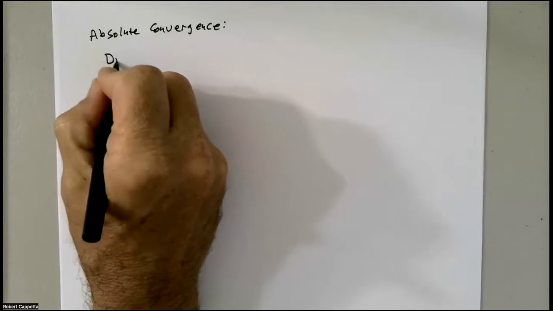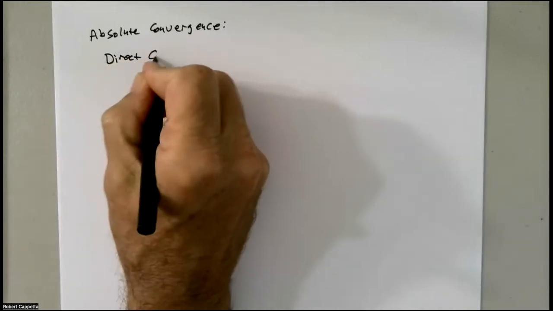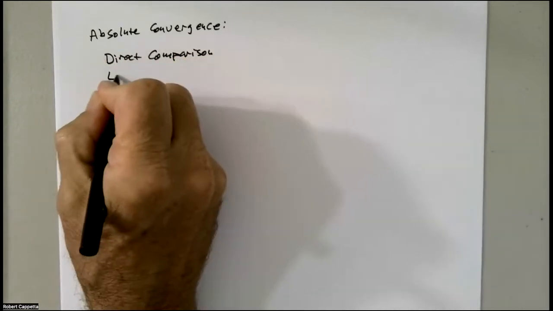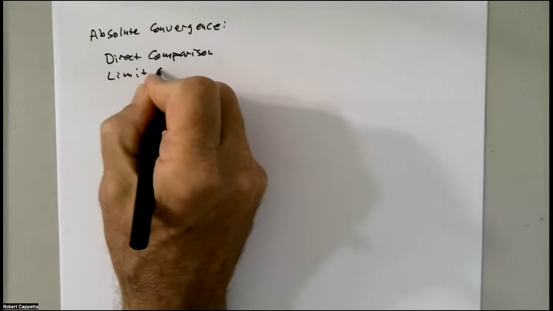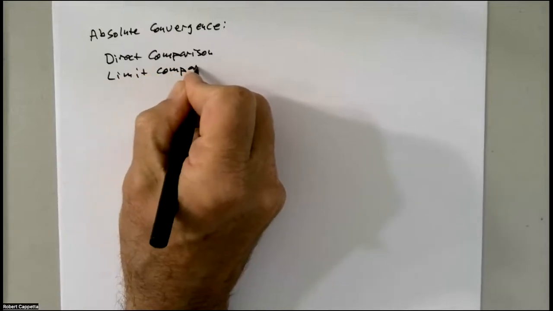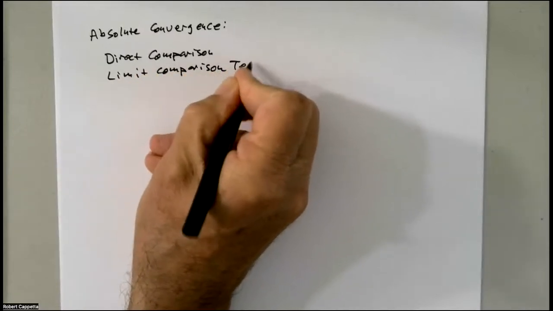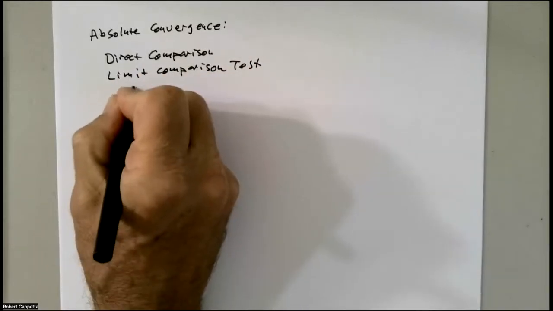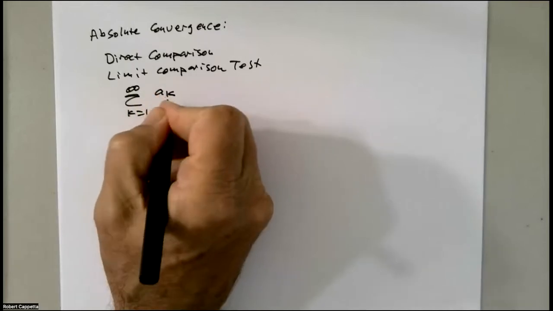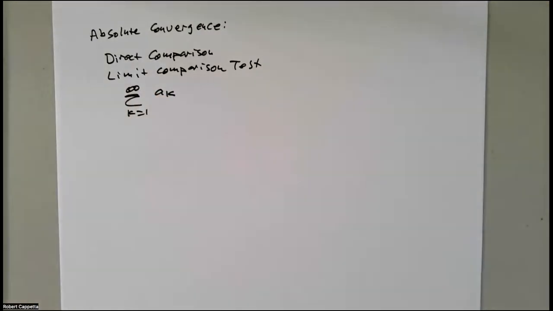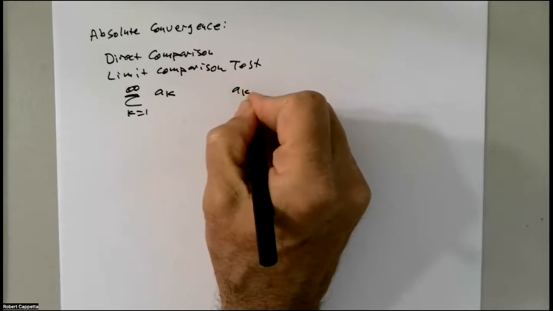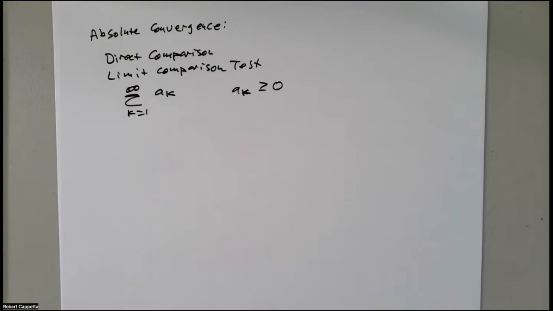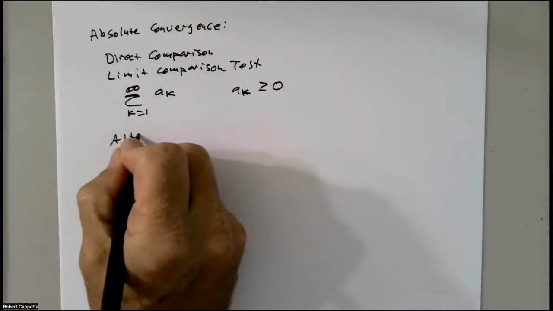Recall for the direct comparison test and the limit comparison test, if we're studying something like the sum as k goes from 1 to infinity of a sub k, to apply those tests, we needed non-negative terms, right? A sub k is greater than or equal to 0. And then in the case of the alternating series test,